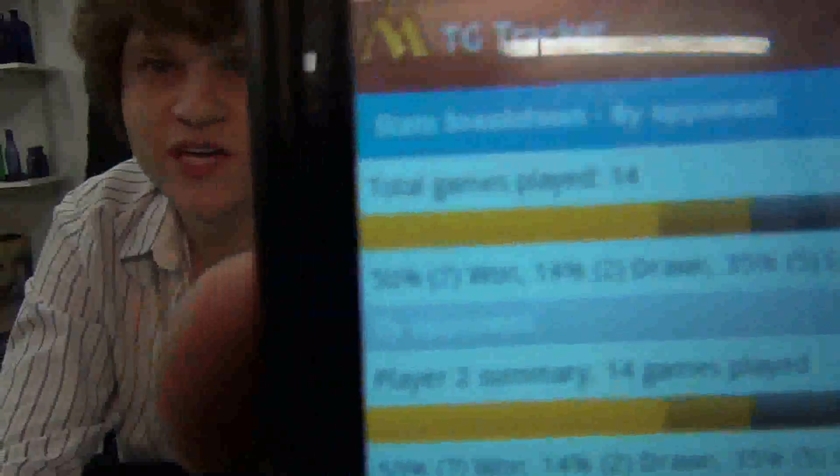Stats breakdown. Look, it gives you good detailed stats. Let me go over this real quick. Stats breakdown by opponent, which would be mostly Low Flying Goose. Total games played, 14. We didn't use this, and I know the stats now